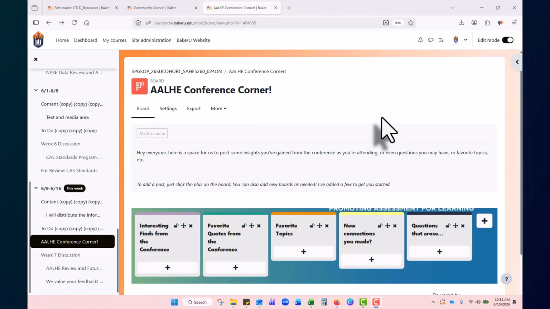Hey everyone, we're going to discover a new tool in Moodle and it is called Board. So here is an example of it. It looks like Padlet if you guys are familiar with Padlet, but it's an interactive way for students to connect with each other. It could replace a forum possibly, and it's just another way for students to interact and engage